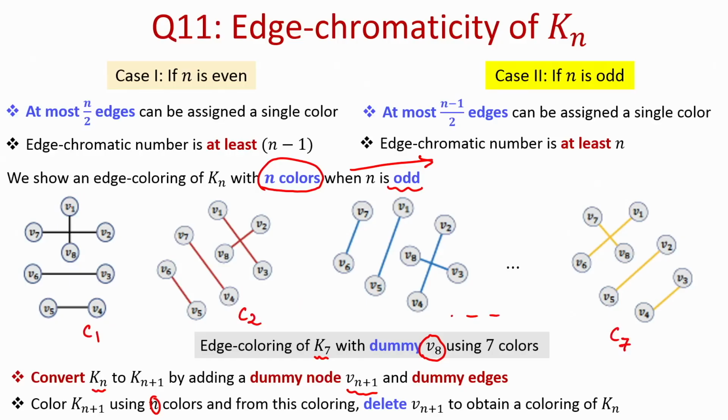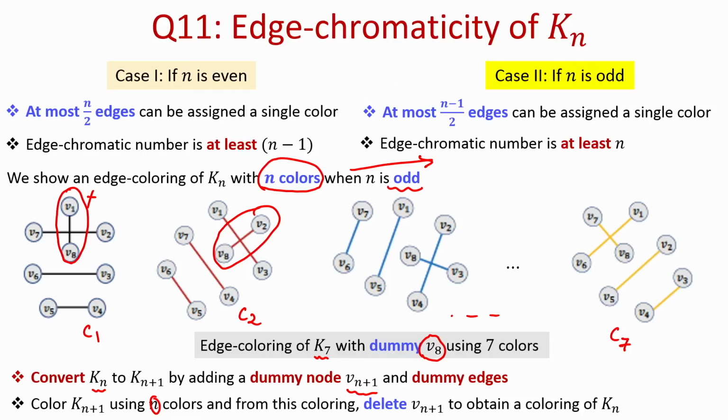Now, in the first day you can see that V8 is engaged with V1. So, you can forget about that, you can imagine that that match is not going to be held. Remaining other matches will be held as per the coloring assignment, namely V2 will play with V7, V3 will play with V6 and V4 will play with V5. On the second day V8 is engaged with V2. So, you can imagine that that match will not be there actually, and remaining 3 matches will be played and so on. So, this now gives you an edge coloring for complete graph with n nodes when n is odd.